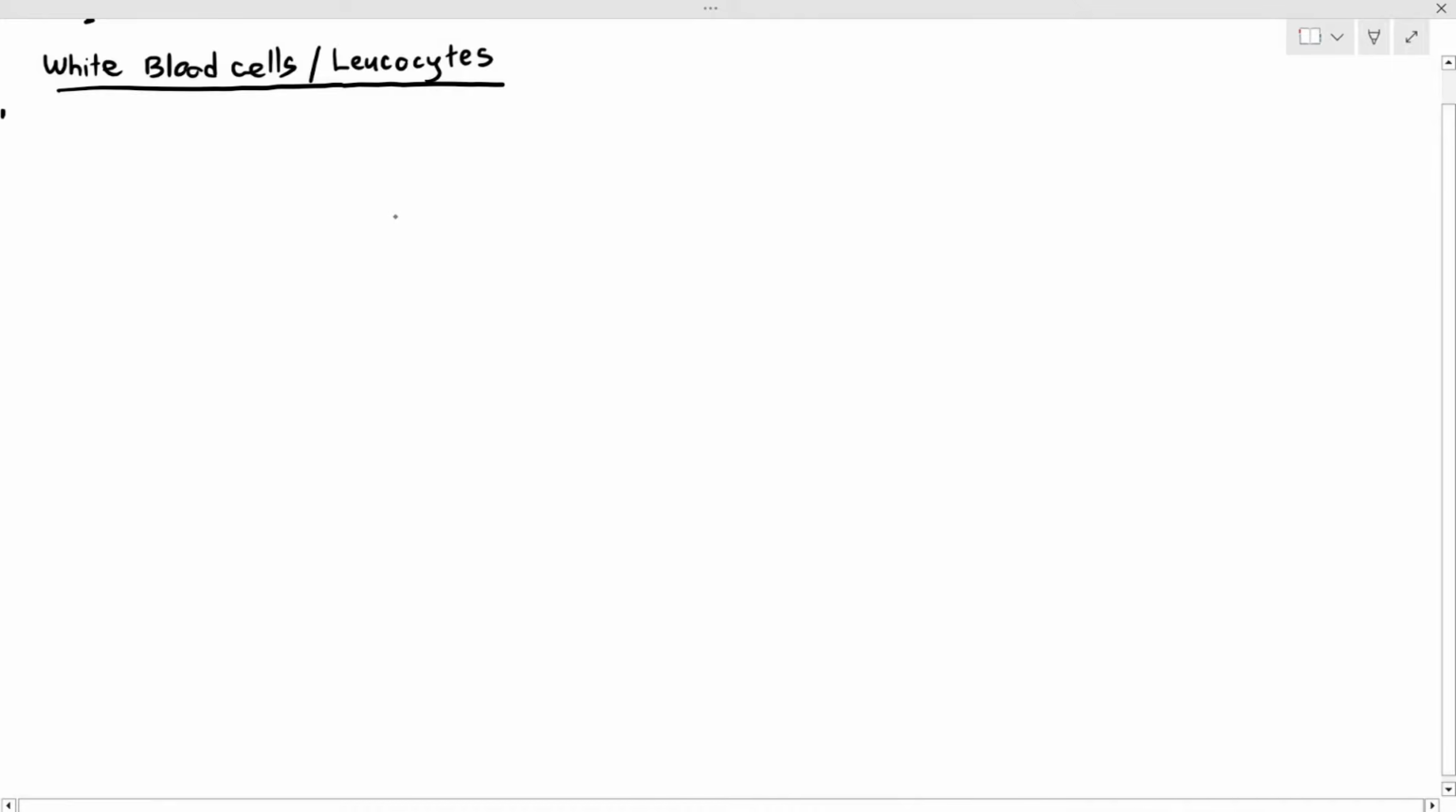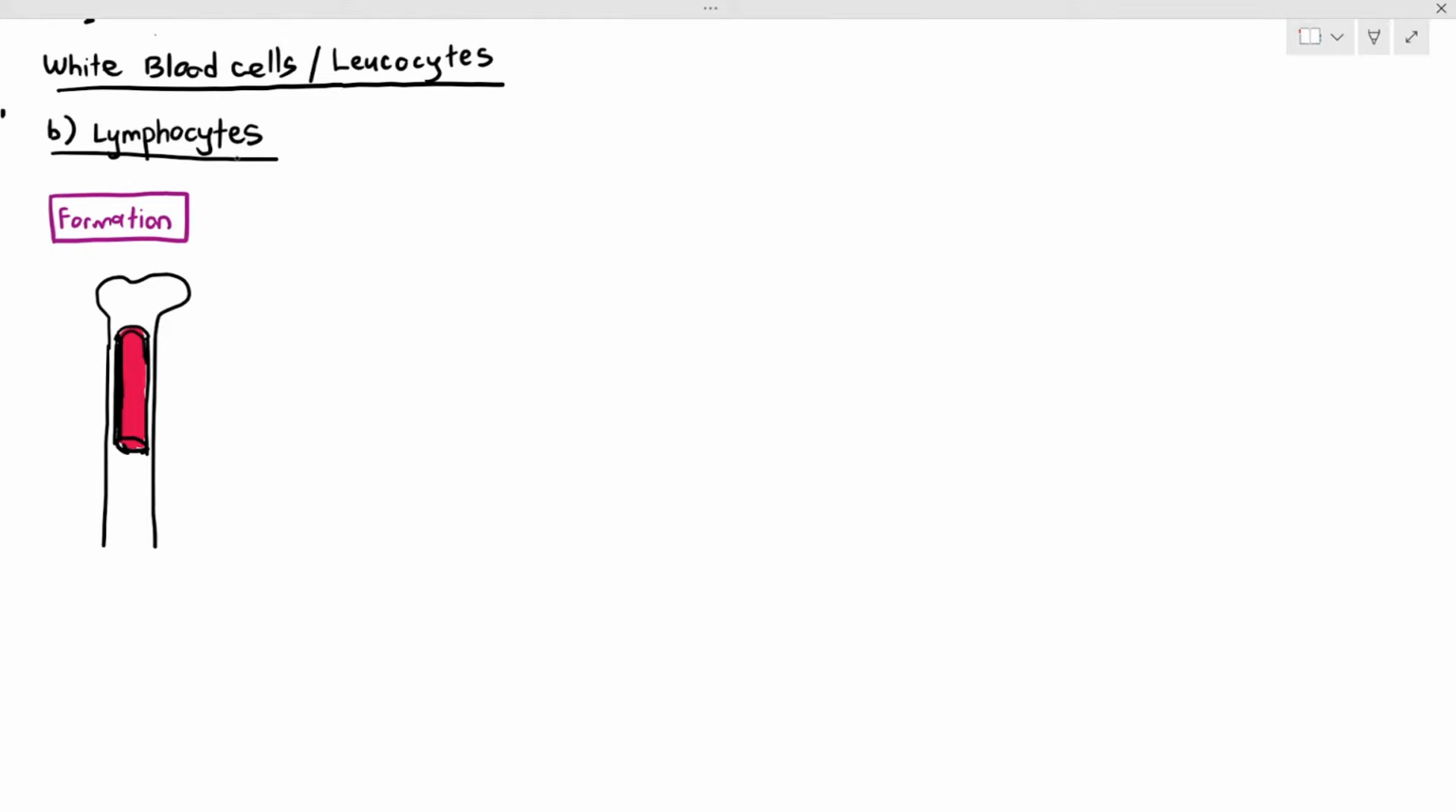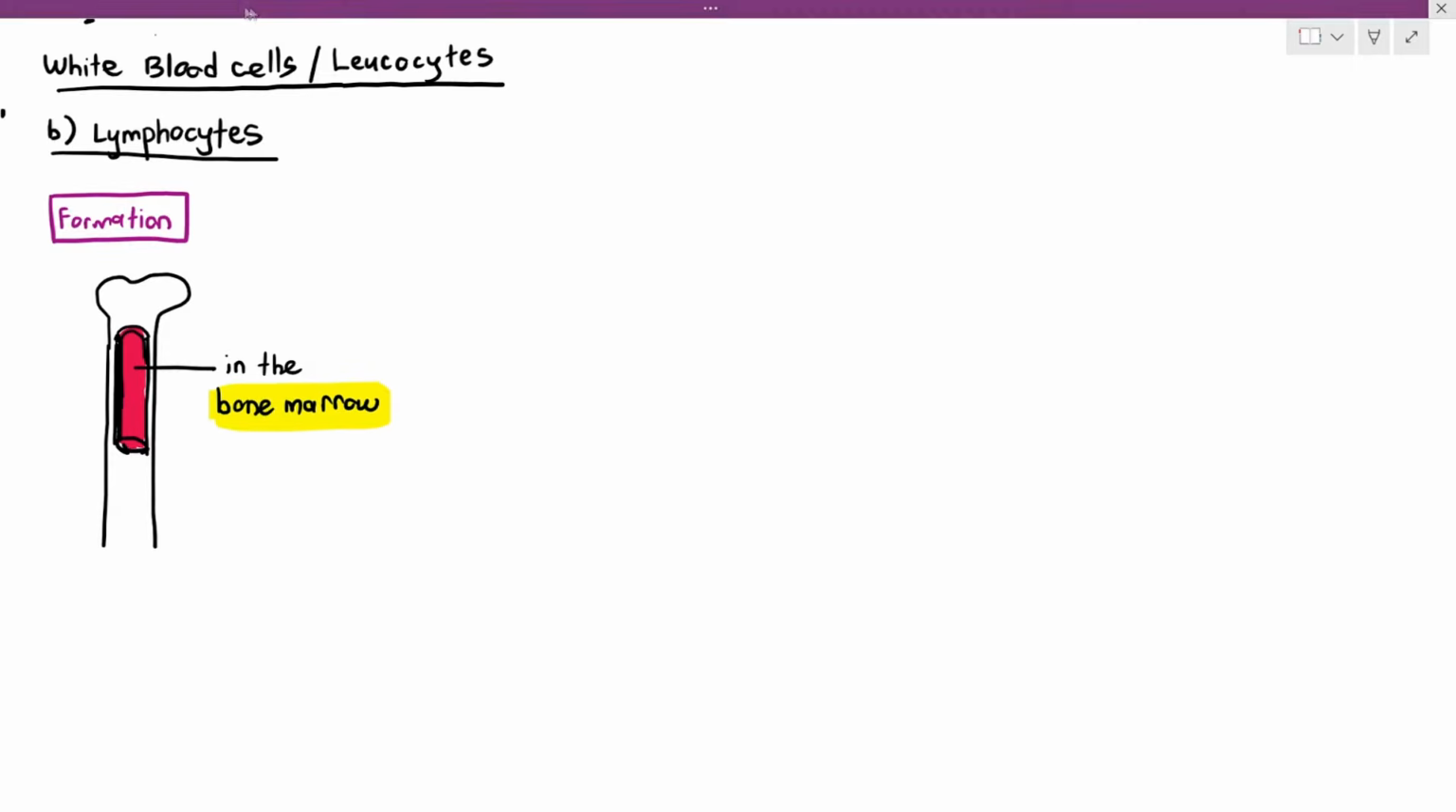We are going to be looking at the second type of white blood cells known as lymphocytes in this video. And of course, unlike phagocytes, you do have to know the formation and the maturation of the lymphocytes. Formation is pretty simple. Just like phagocytes, the lymphocytes are also formed in the bone marrow, which is inside the